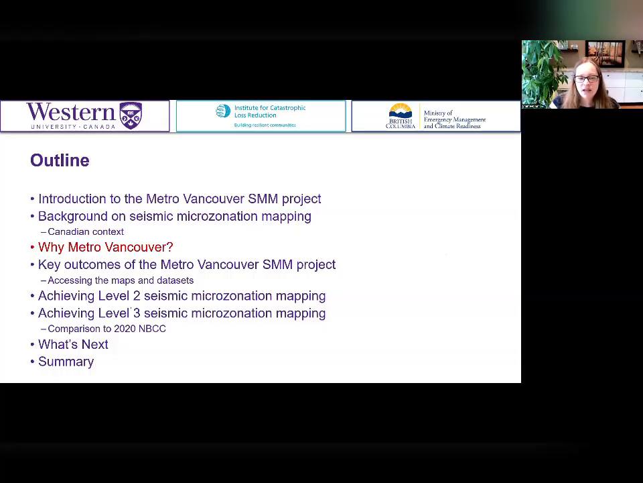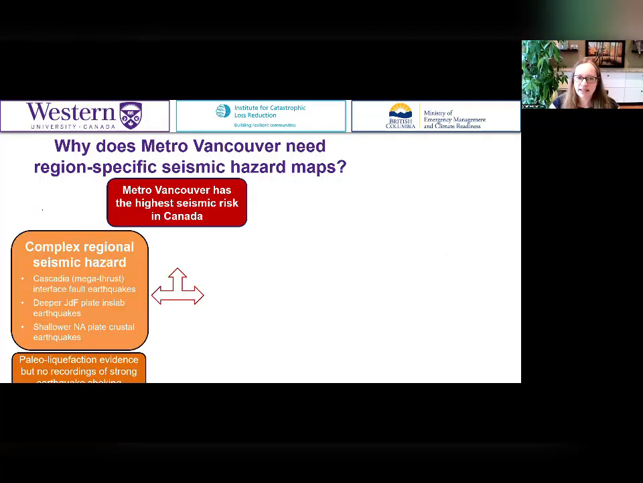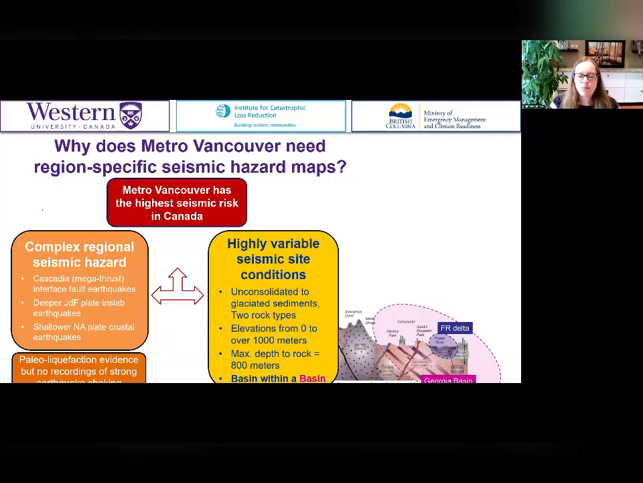Lastly, I need to point out why it's so important to do this work for Metro Vancouver. I assume everybody here is very aware that Metro Vancouver has the highest seismic risk in Canada, which is driven from the active subduction setting and the frequency and occurrence of earthquakes. But also there's this really cool and challenging feature